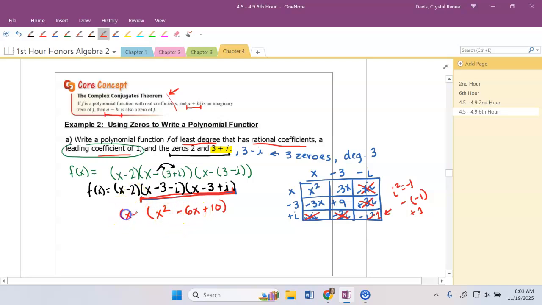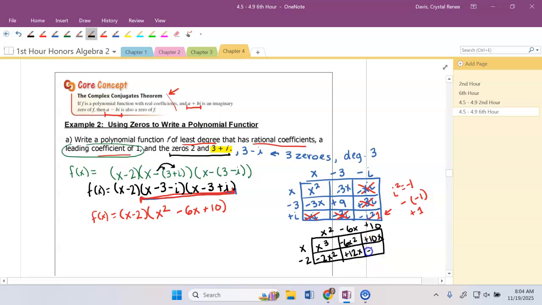Now don't forget, I still have this x minus 2 up front. So now I'm going to do the same thing. I'm just going to multiply these. So we have a 2 by 3, so x minus 2, and then we have an x squared minus 6x plus 10. So this would be x cubed minus 6x squared plus 10x minus 2x squared plus 12x, and